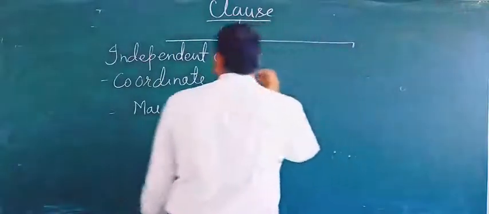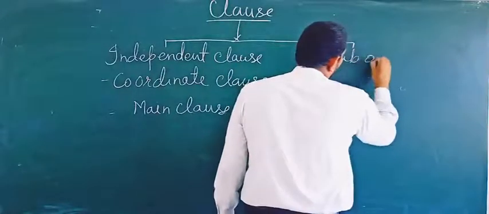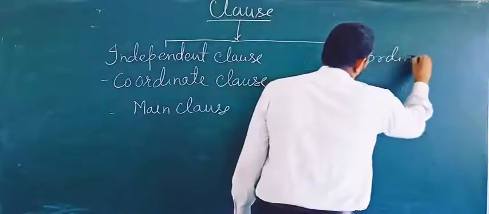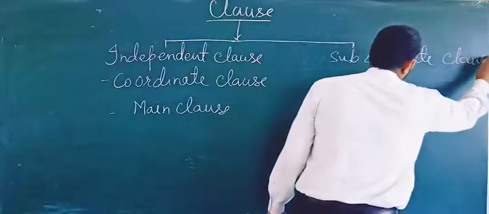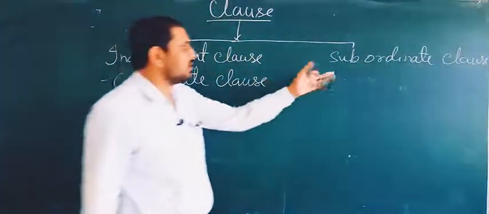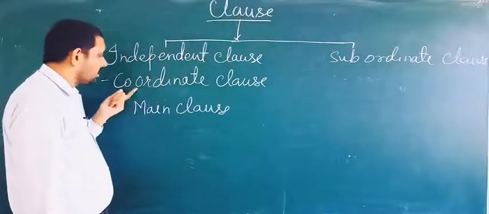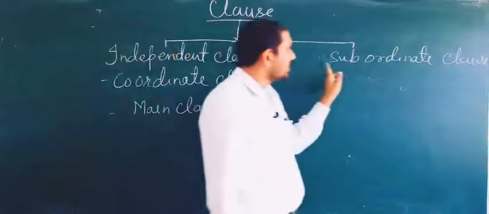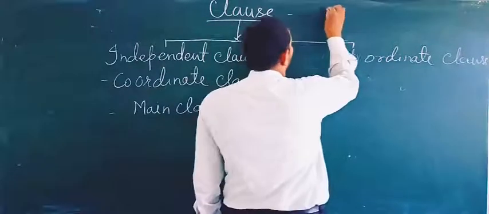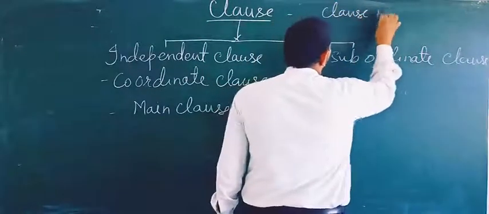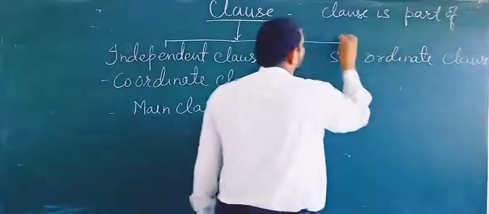The second type of clause is the subordinate clause. The meaning of the clause depends on the independent clause or main clause. So this is the subordinate clause. As we know, the clause is a part of the sentence. A clause is a part of a sentence